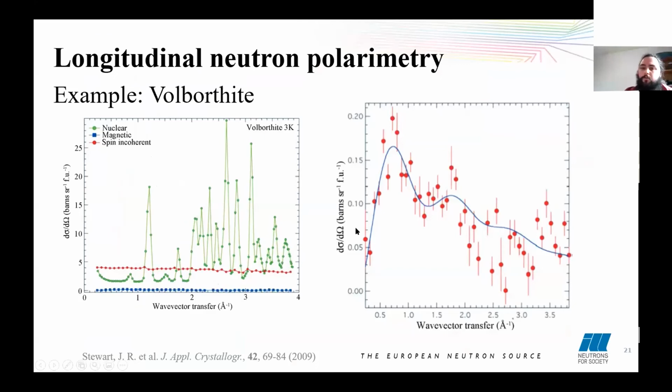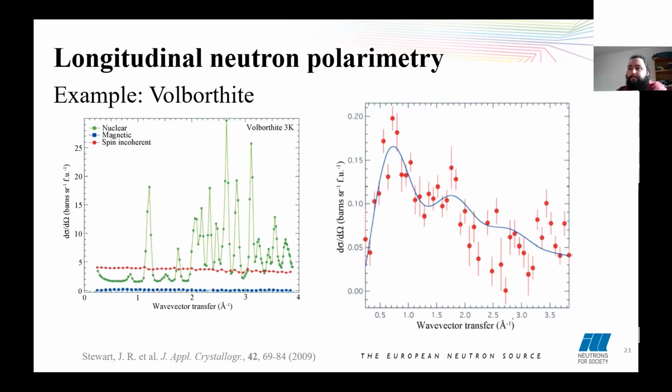Okay, so this is an example of longitudinal polarimetry. This is a Volborthite, which is a type of copper antiferromagnet. And it's actually quite an interesting example because you have a combination of low dimensionality and geometric frustration. It doesn't really matter. What I want to show here is the difference in scale of the spin coherent and the magnetic scattering. So this is a case where uniaxial polarization would not have been enough, because we would have had a combination of the red and blue curve,